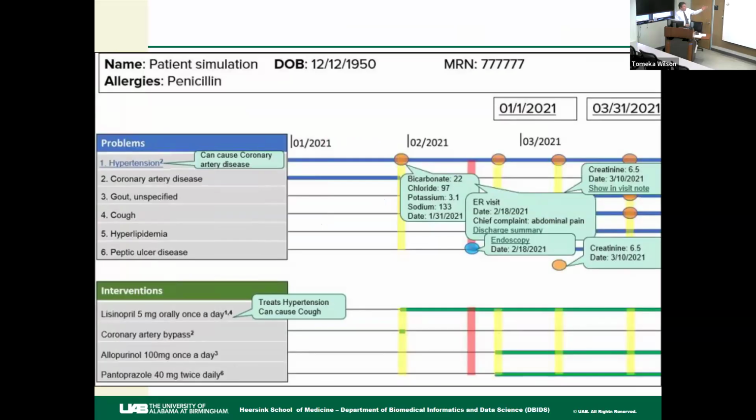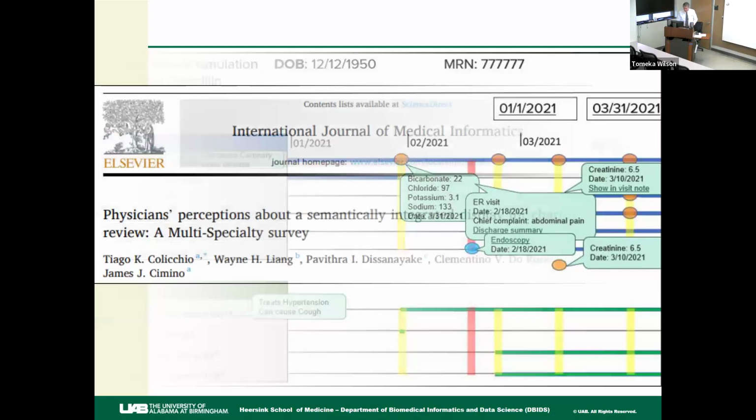So this was a mock-up of what we thought it would look like. We could have a timeline with those problems, and we could put various labs on the timeline. We could put medications on the timeline. We could relate them to each other. You can't see there, but there are little numbers here. So coronary bypass is a 2, and that's related to this 2. And allopurinol has a 3, and that's related to gout, and so on. So we'd have some kind of graphical way to help people see those connections without showing them that god-awful semantic network. We wouldn't want to show them that. That would just scare them off. But this was one version of that.